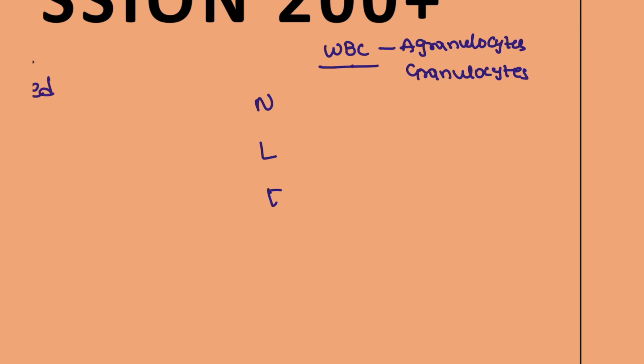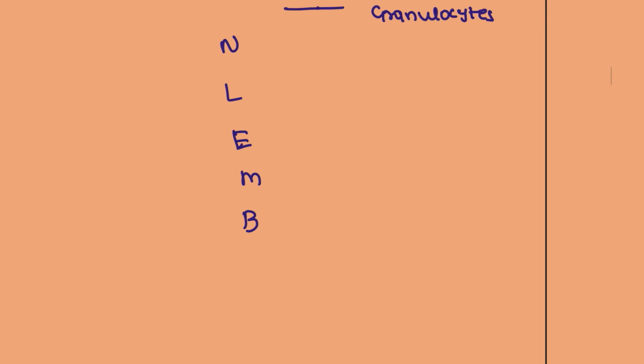Never let the monkey eat banana. So this is the neutrophils, which contain 70% of our